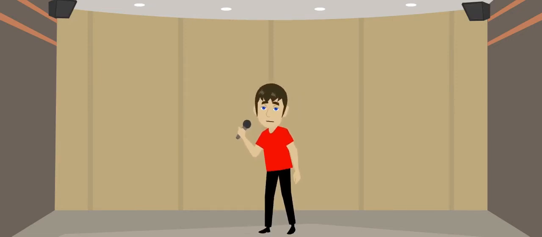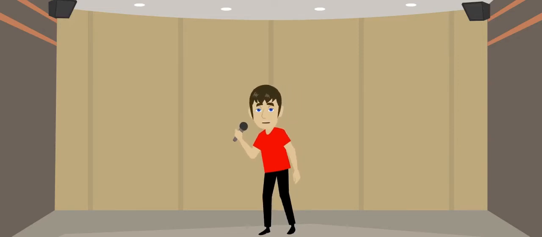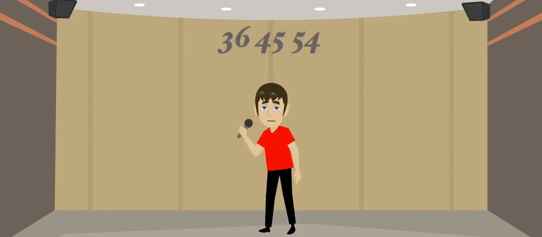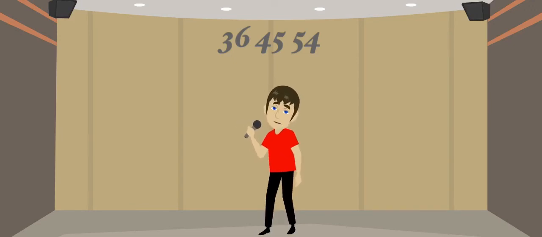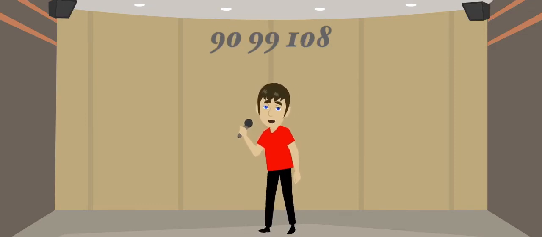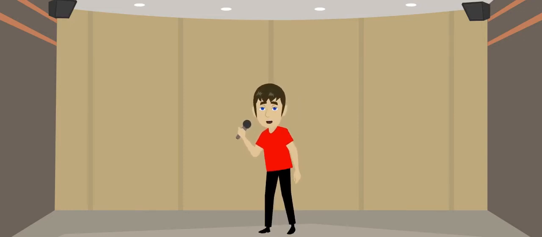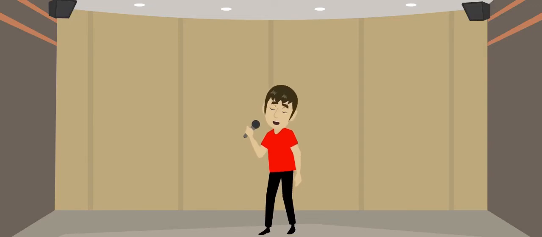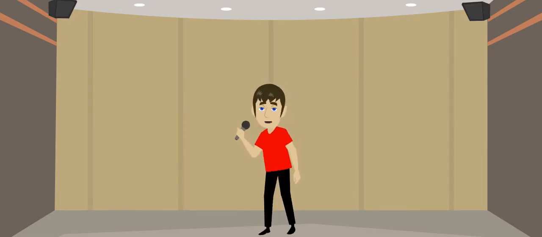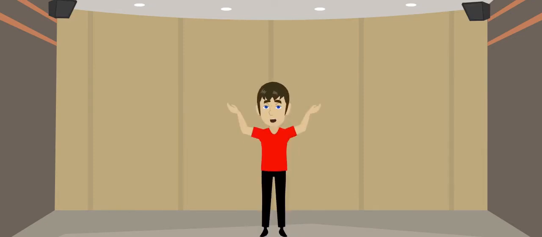Here we go. Let's count by 9s. 9, 18, 27, 36, 45, 54. 63, 72, 81, 90, 99, 108. 9s. Multiply by 9. 9 is all around. Multiples are found. Yeah!